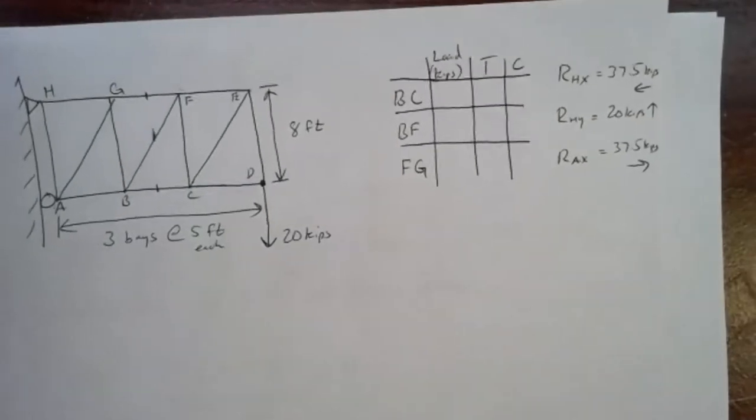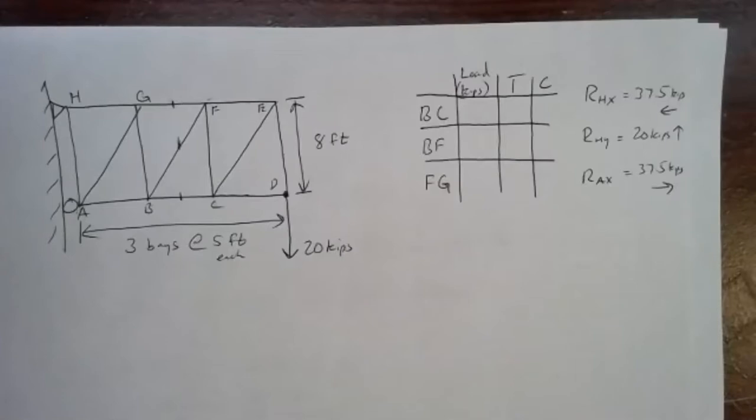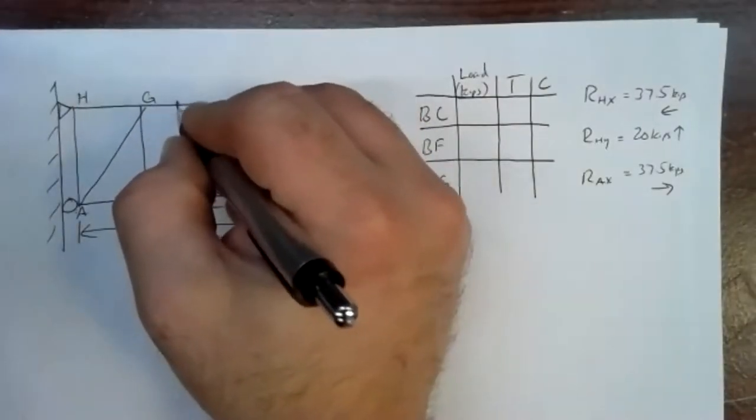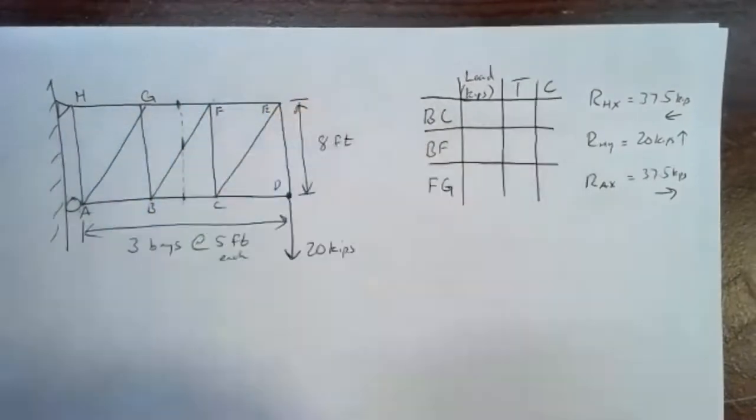So now we can do our method of sections. The way we do method of sections, we have to find a system boundary. We need to essentially wrap part of the truss in a bubble and look at the forces that are exerted on that part of the truss that we're isolating from the rest of the universe. As long as we can make part of that bubble cut through at most 3 unknown forces, then we can solve a method of sections problem in one set of equations.